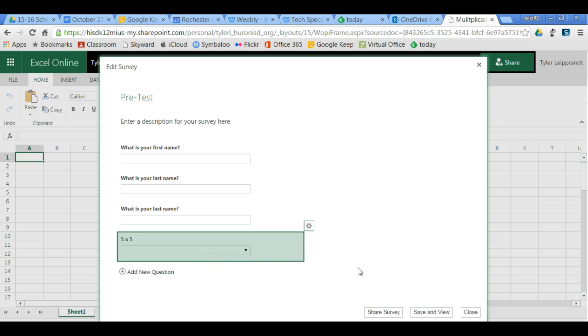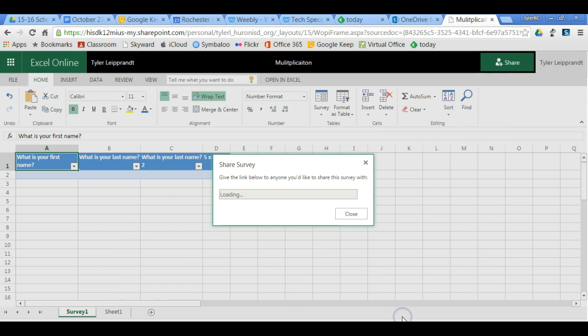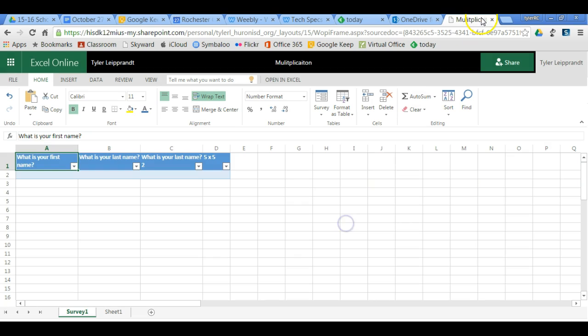Now let's just say I'm done with my pretest here. I'm going to go to Save and View so I can see what it's going to look like online. And I saved it right there. But notice that I can't customize this like you can on a Google form. I believe that is coming soon to Excel. But I'm going to share this survey, this link. I can hit Control-C, or I can just copy by right-clicking and copy. When I open this in a new tab,